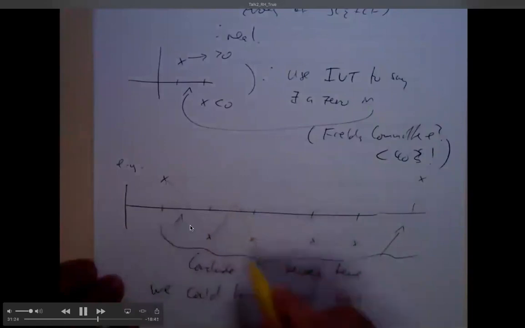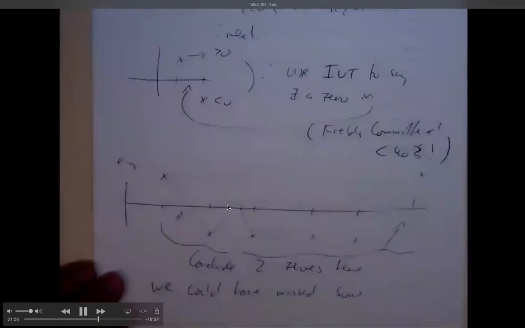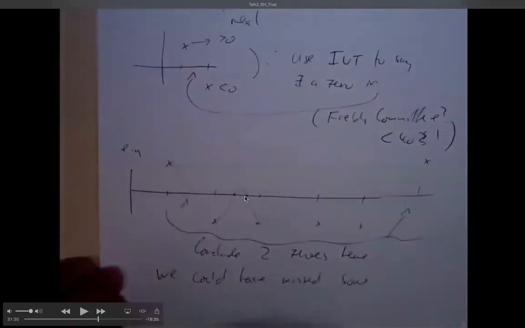So part of the computational trick: I'm saying the function could have done something like this. There could actually have been 2 zeros in there. It's pretty easy to show there has to be an even number of zeros in there, 0 or 2 or 4 or 6 and so on, but I could have missed 2. So we have to be very careful.